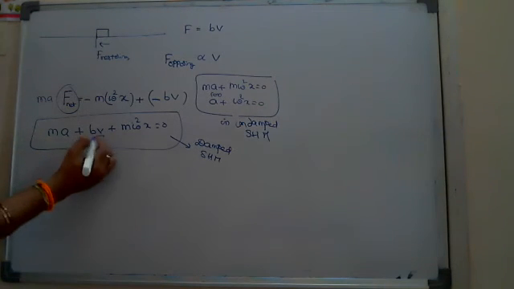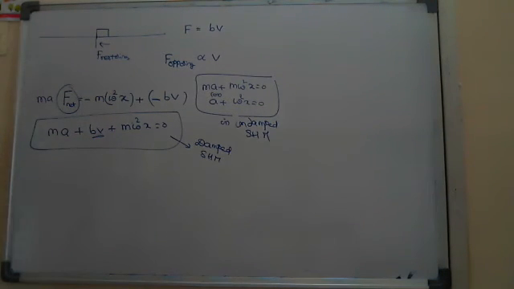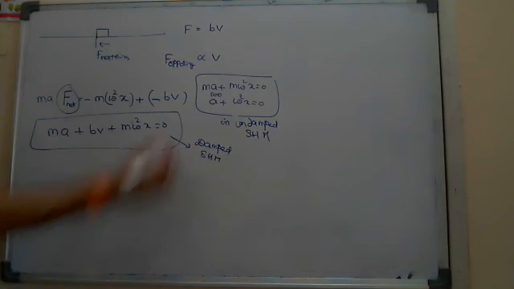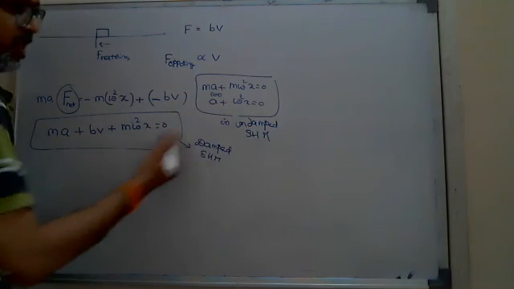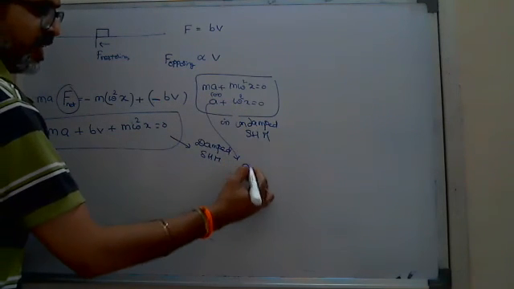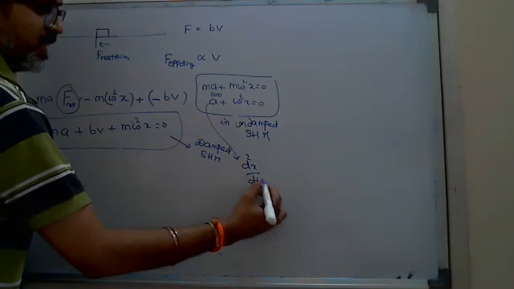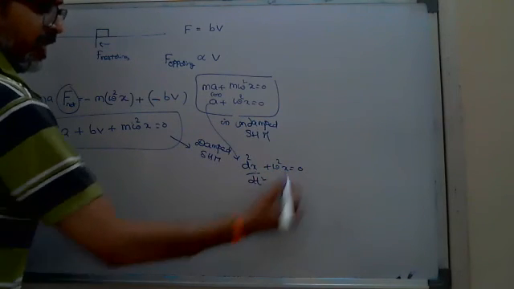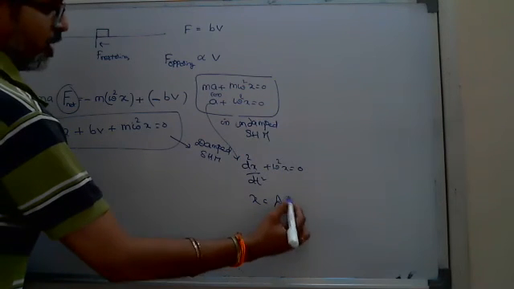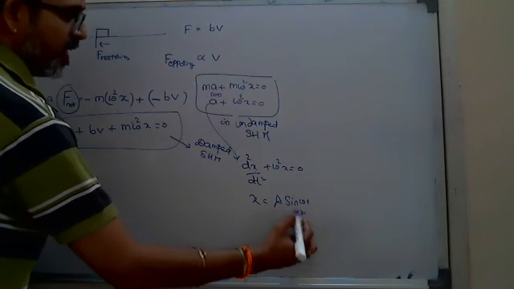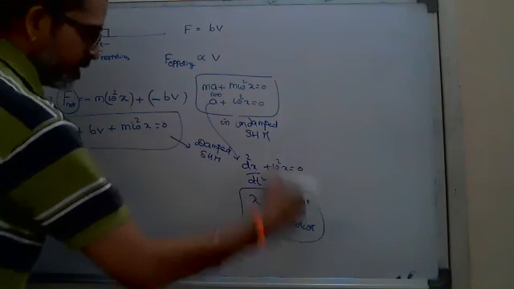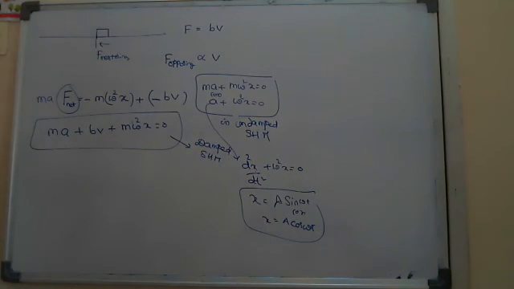But when you consider the viscous force like here, then for the damped oscillations you will get the equation like this. If you solve this second derivative equation, acceleration we write as d square x by dt square, second derivative of displacement, plus omega square x is equal to 0. Its solution we already wrote: x is equal to a sine omega t or a cos omega t. It is the solution for this second order differential equation in mathematics.